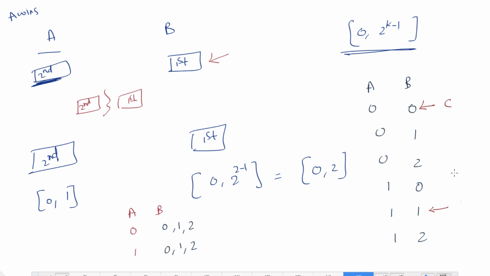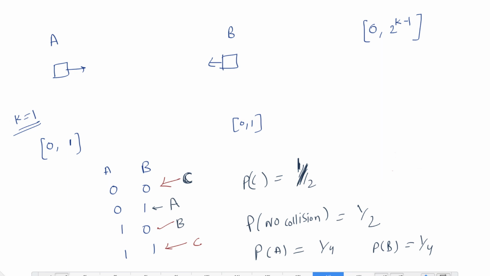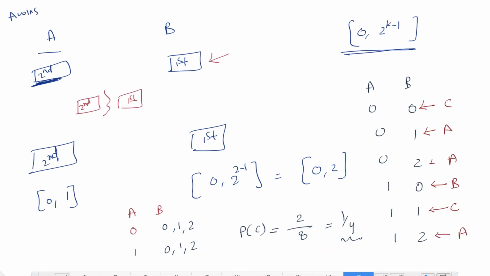So these are the collision scenarios, and here who wins? There is no collision, but let me just say A wins because A is sending immediately. Here B wins because B is sending immediately. Here again A wins, right? So if I ask you what is the probability of collision, then you will say that 2 times there will be collision out of 8 times, which means 1 by 4, which is good news. Why? Because earlier the probability of collision was 1 by 2, which was high, and now it is just 1 by 4, which is quite less. In fact, it is half.